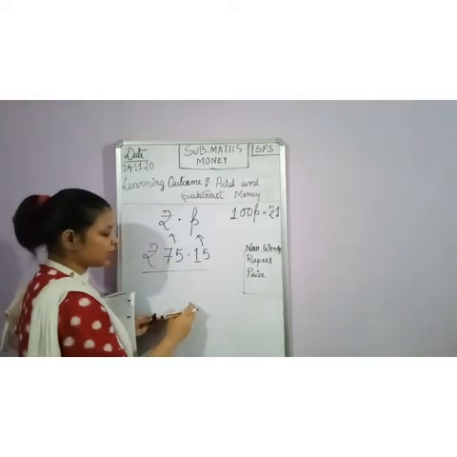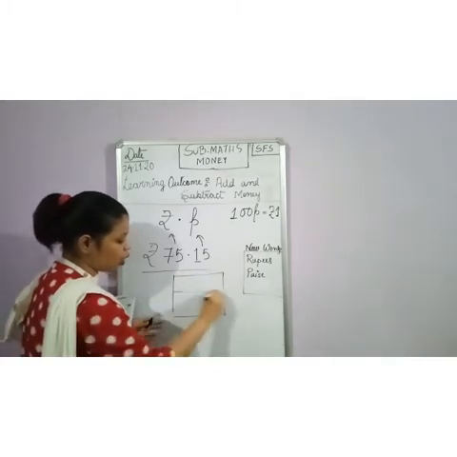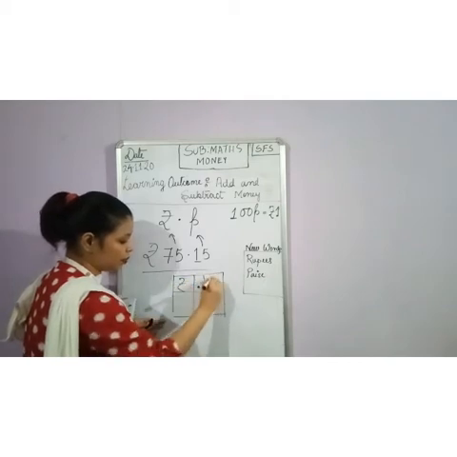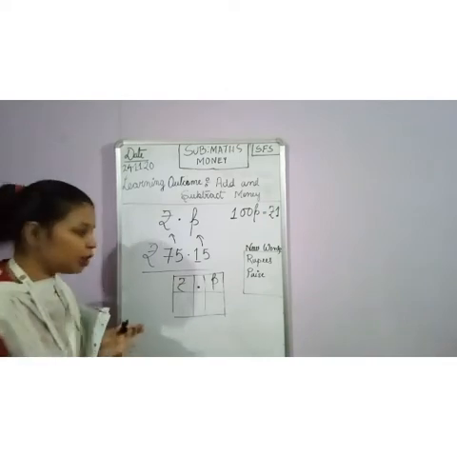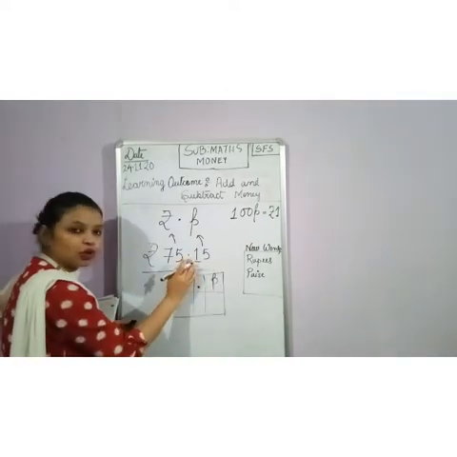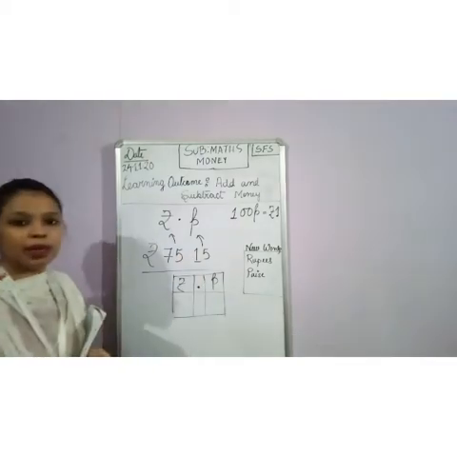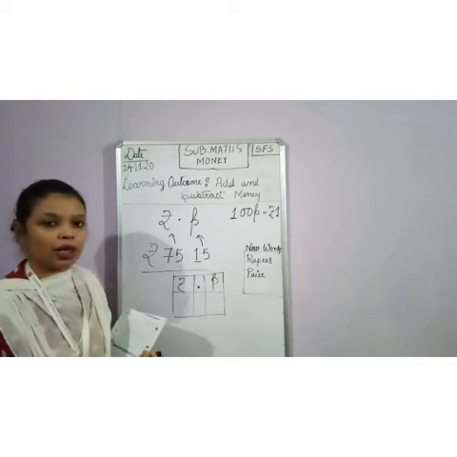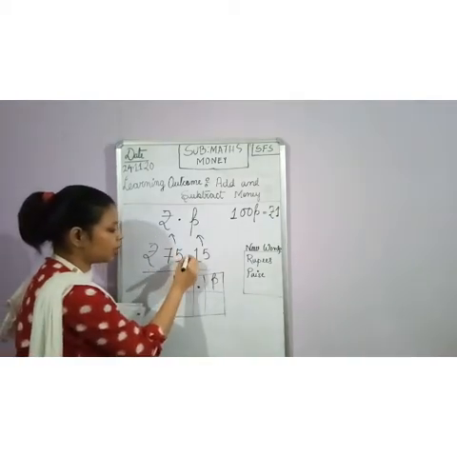But when you are adding and subtracting, you are making columns, isn't it? So separate that by the dot, rupees and small p, paise. But when you are doing a word problem, you just express it like that. But don't forget to give the dot sign. Otherwise, the amount will be rupees 7,515. It will be a huge amount and your answer will be wrong. So give the dot sign in the middle.